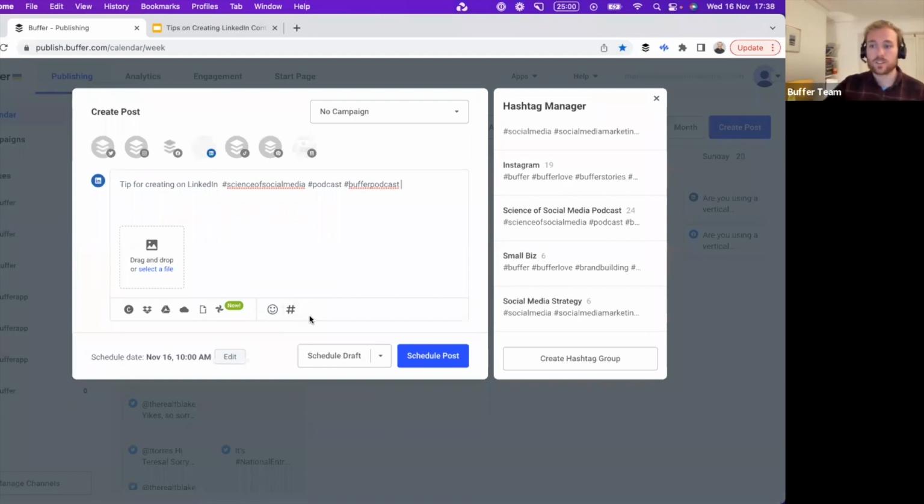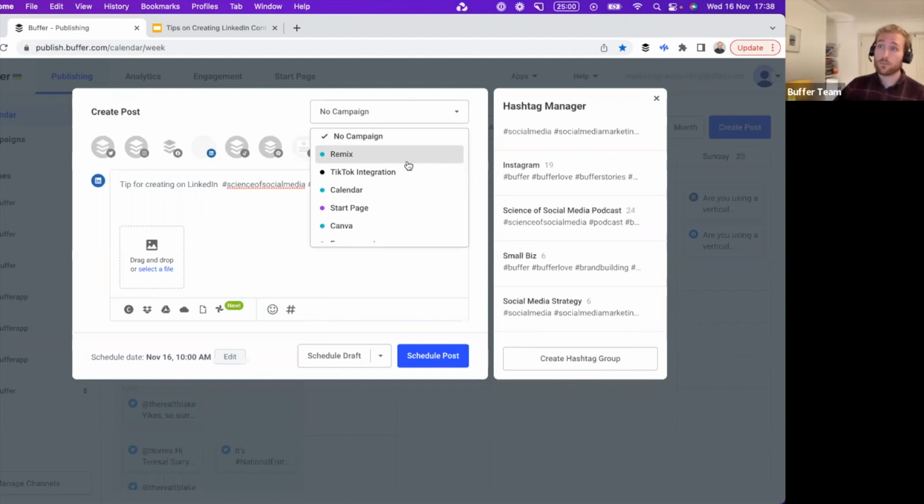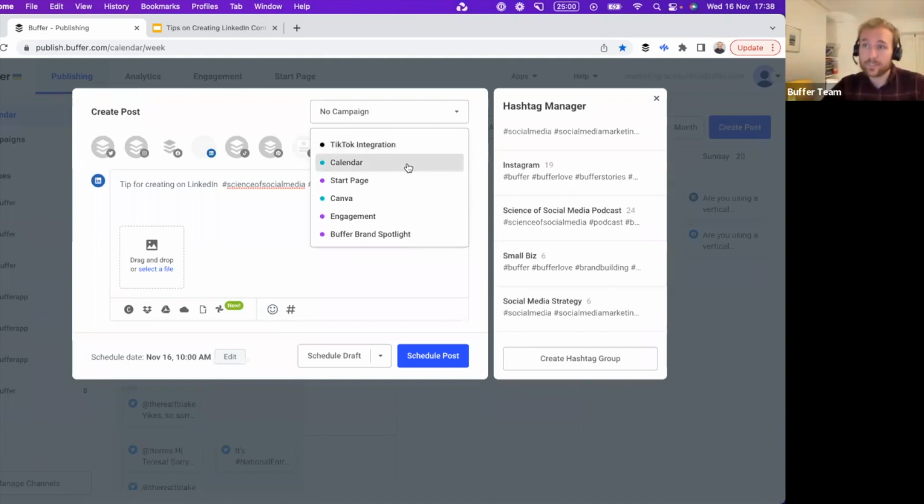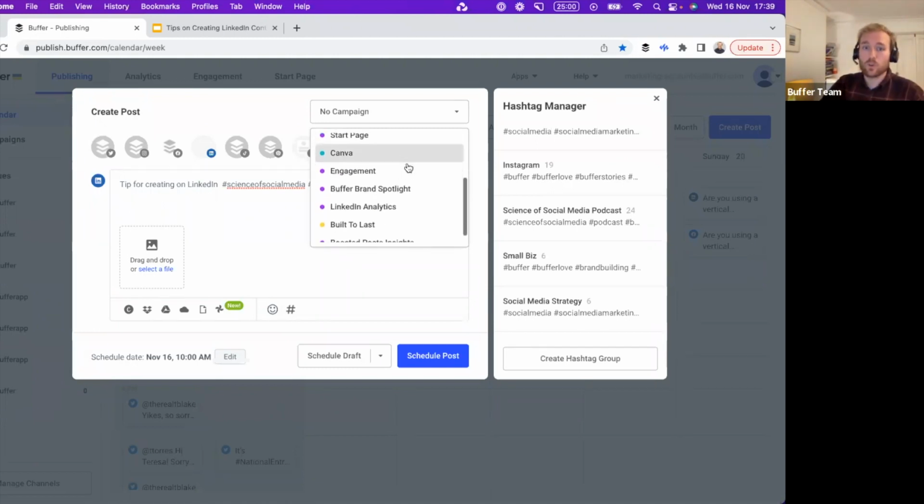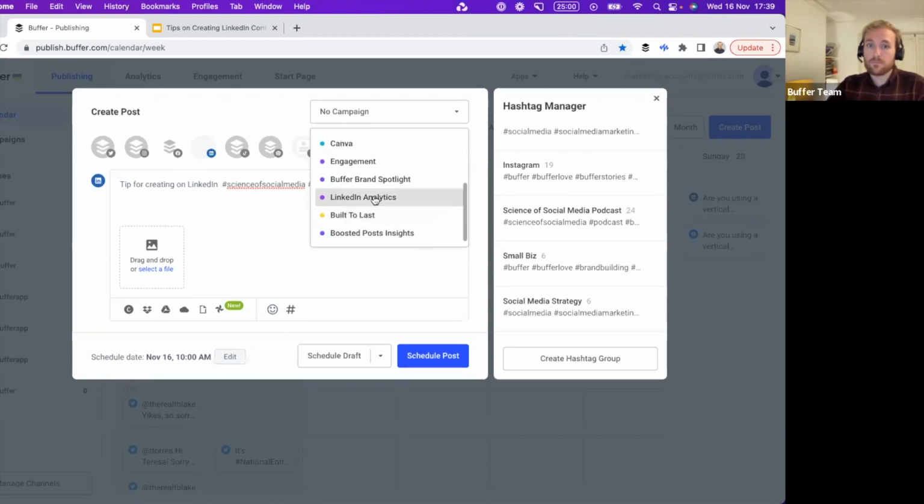But before I do, I just wanted to show how campaigns work as well. We are able to attach all of our posts to different campaigns within Buffer. And this can be really useful for reporting at the end of the month. For example, we can see how all of our posts relating to a certain launch or a certain activity or a certain campaign have performed. So for example, this post might be about LinkedIn Analytics.